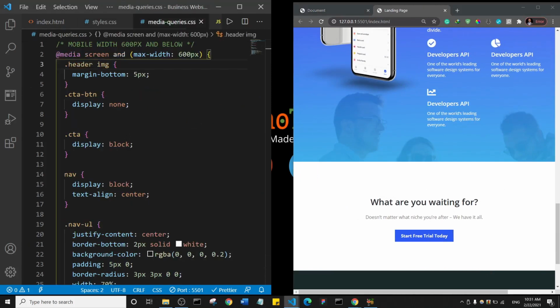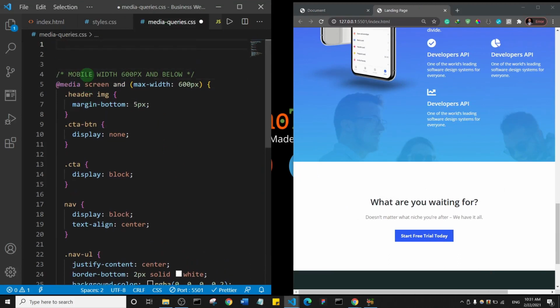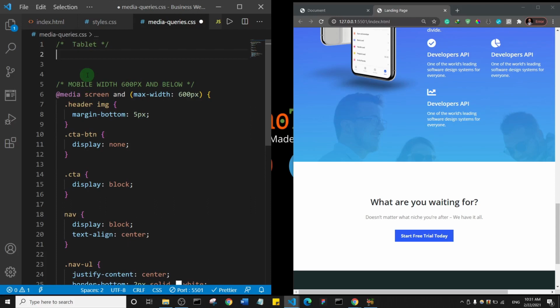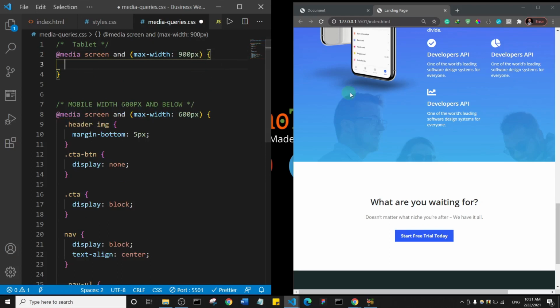So I'll go to media queries, and I'm going to bring this down, and I'll just add a comment here and say tablets. Then remember how we do this, @media for screen and max-width of 900px this time. So what do we want to happen? First, we want to target the features, right? So #features,